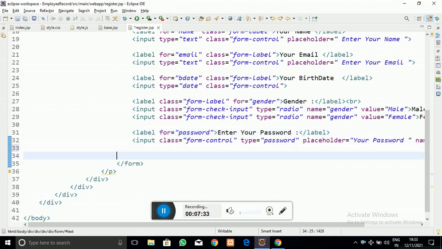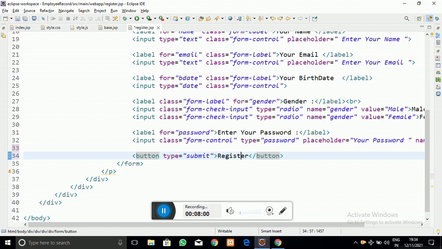So now I am going to take one button. To take the button, you just have to give the button tag, and you have to give a class to that, and before that the button type, which is the submit type of the button. Let me write that all first, and name it as Register, which is the register button.